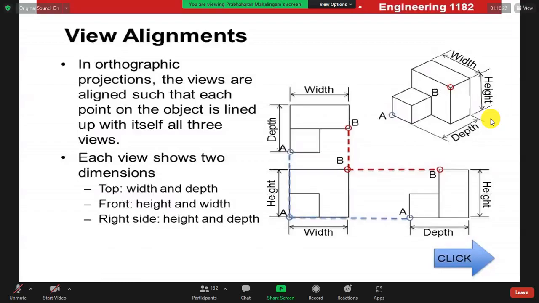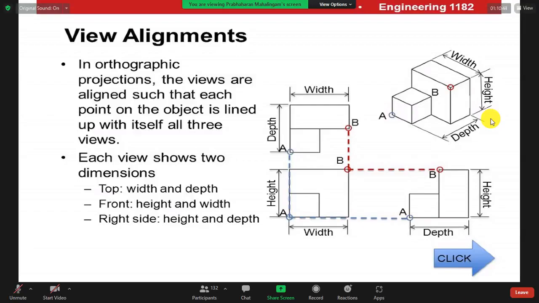It depends on which projection. There are two projections. I will teach you on coming Tuesday: first angle projection and third angle projection.